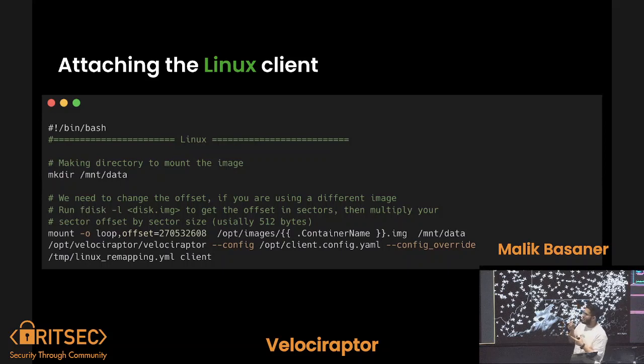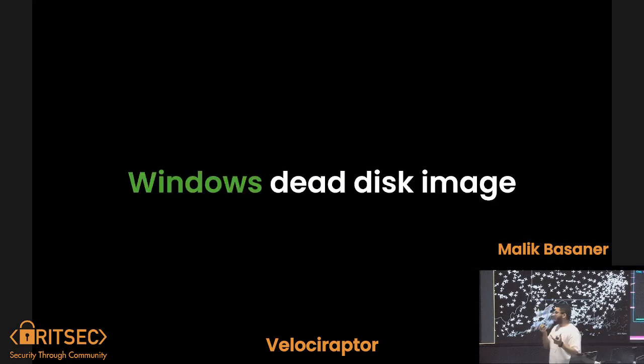We have some documentation here. You need to change the offset. What you're doing is actually the first part that we wrote documentation while we go, which was cool. And then we found the offset, and we're just gonna copy the image, and it's gonna be a variable container name, and we're gonna mount it to mount data. And then we're gonna run Velociraptor with the config that we generated from the server, and we're gonna override the config with the Linux remapping, because we wanna remap into tricking that Podman container into believing that the mounted file or the mounted disk is actually its local disk. It's not separate.